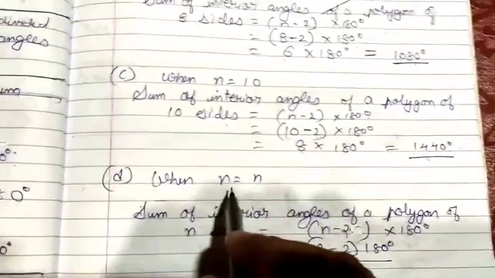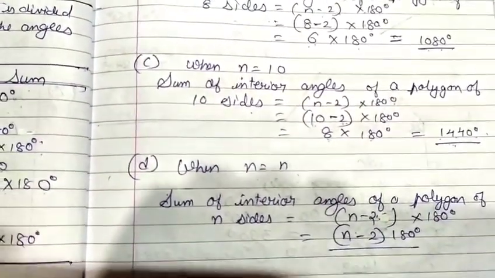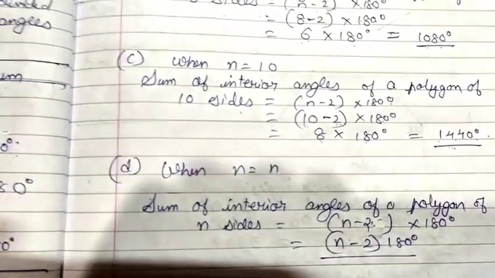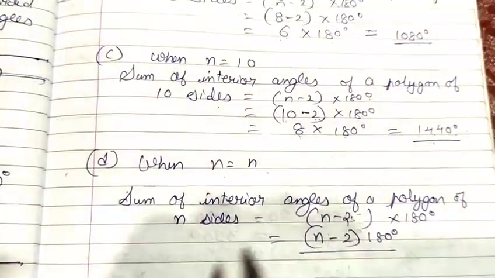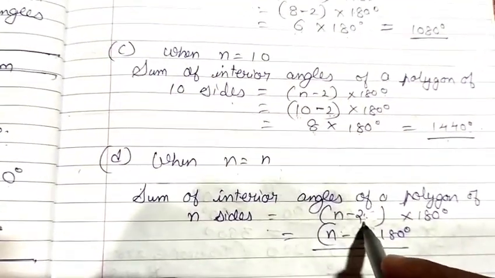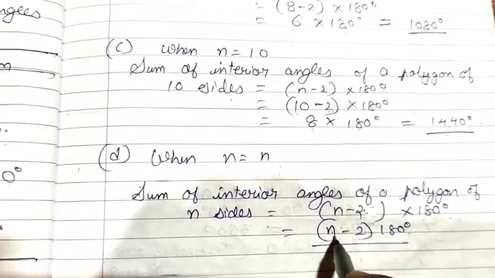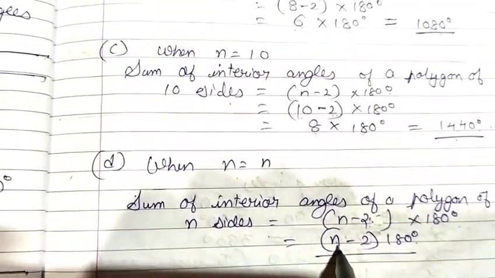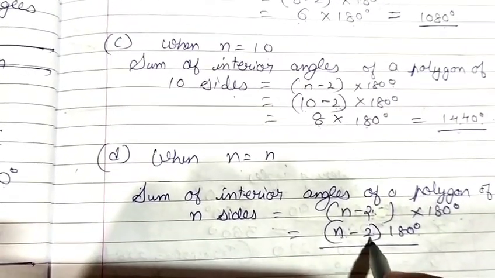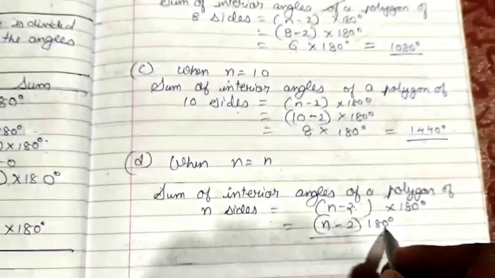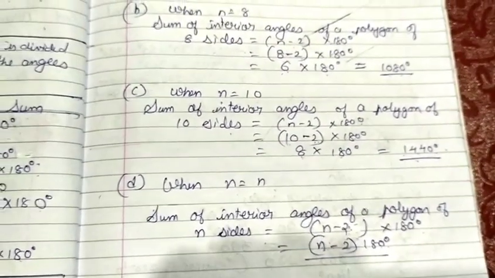Now here, if the number of sides is just n, meaning we don't know the value, whether 10, 12, 13, 14, any number of sides, we need to find the value from that. How to find it? The sum of the angles of a polygon of n sides uses the same formula, n minus 2 into 180. Suppose 11 sides are there, you put 11. If 9 sides are there, you put 9 over here, subtract 2 from it and multiply by 180. And you will get the sum of the interior angles of the given polygon.